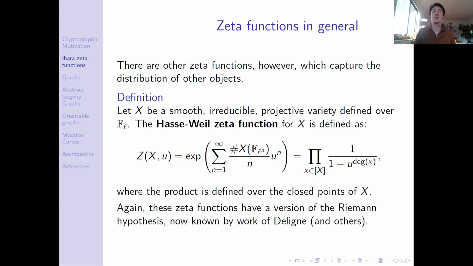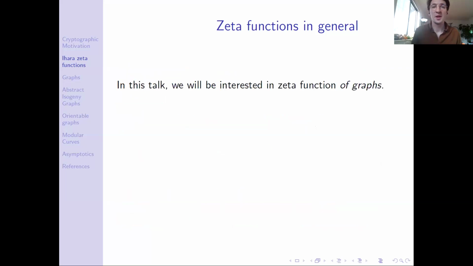And again, these zeta functions have a version of the Riemann hypothesis attached to them. And in this case, it's actually known to be true, unlike the actual Riemann hypothesis, by very deep work of Deligne and many other people that I couldn't even begin to describe, but we know that it's true. Okay, so in this talk, what we'll be interested in is zeta functions of graphs, in particular, supersingular isogeny graphs,